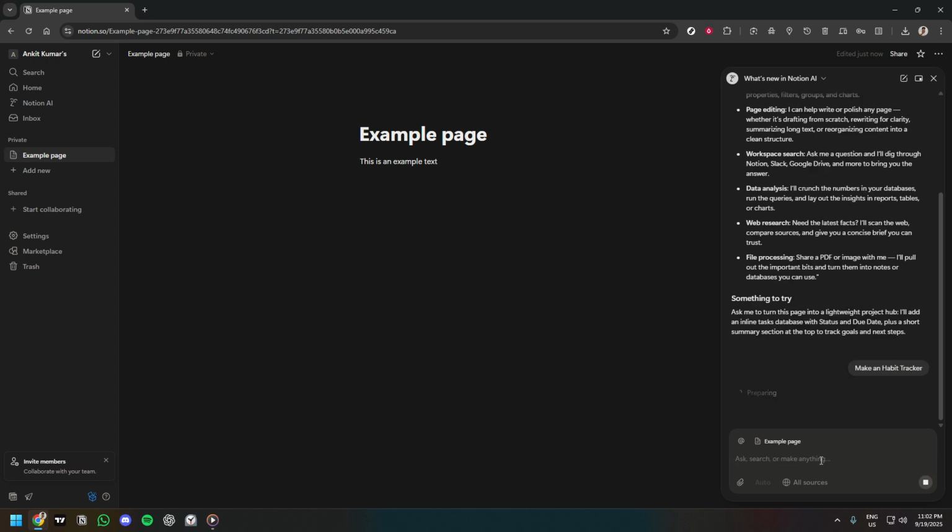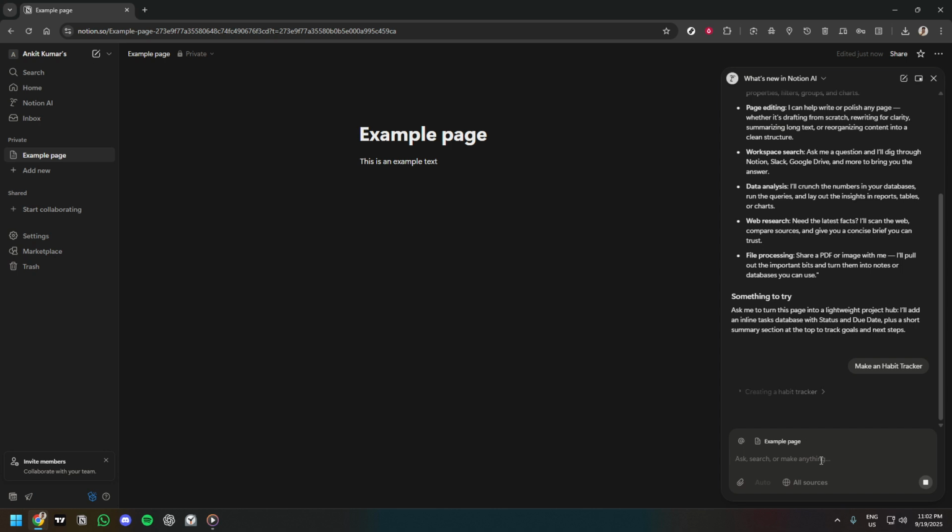You can also access Notion AI features from the bottom right corner of your page. Here, you're free to explore and ask Notion AI to create anything you need. For instance, if you're curious about creating a habit tracker, simply ask the AI, and within moments, it'll generate one for you from scratch. Such ease of use and accessibility can make organizing your personal or professional life both effective